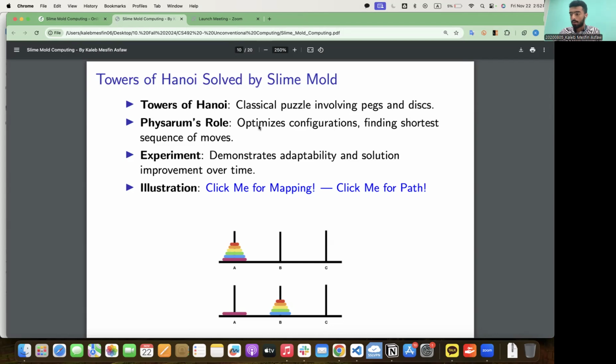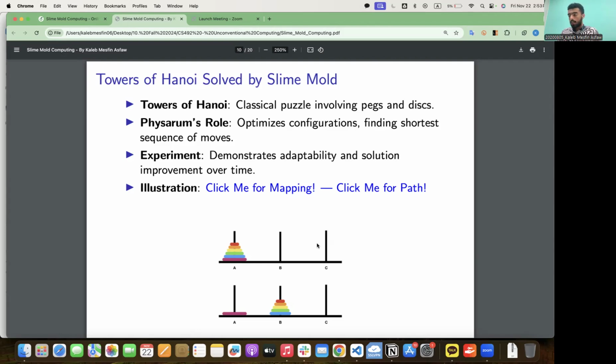So what's the problem? Let me just briefly explain the problem first. It's a classic, I think most of you know this problem. It's a classic mathematical puzzle where you can see these A, B, and C, the stand kind of things, are called pegs, and these horizontally placed equipments are called discs. So we have discs and pegs. We have to arrange these discs onto pegs in such a way that